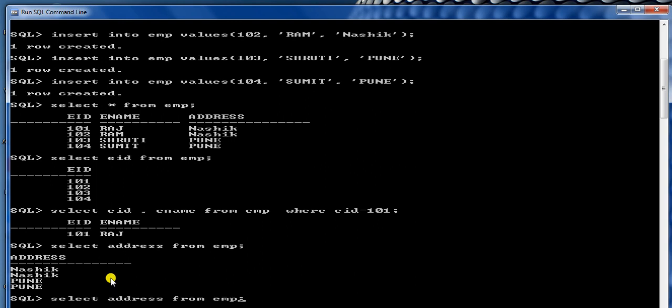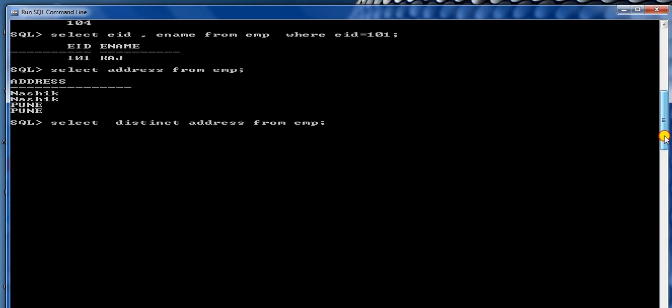For that purpose, before the column name we have to use the keyword distinct. The distinct keyword is used to eliminate the duplicate values while displaying the values. Press enter. Now it displays Pune and Nasik, only 2 values, so the duplication is avoided by using this distinct keyword.